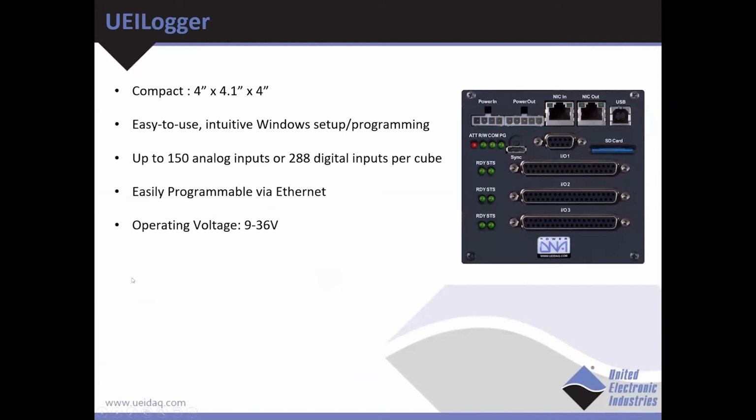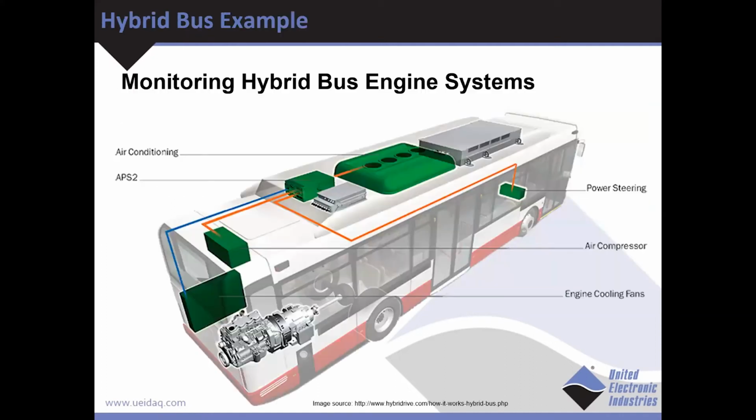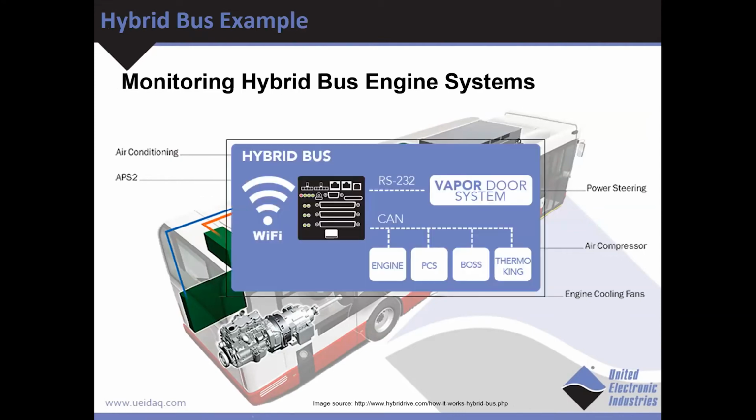While we are on this topic, I would also like to bring up an application example where the UEI cubes were deployed as an in-vehicle logger. We had a requirement for implementing a health and usage monitoring system for a hybrid bus engine. The basic requirement was that there was CAN data coming from the engine itself, a hybrid propulsion control system, a battery optimization subsystem, and an air conditioning unit. There was also serial data coming out of a door control system. So we used the UEI Cube to